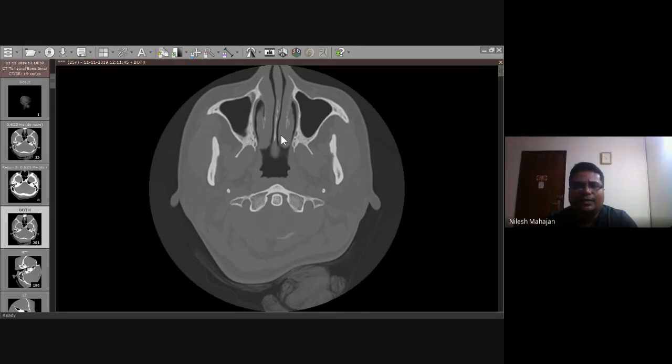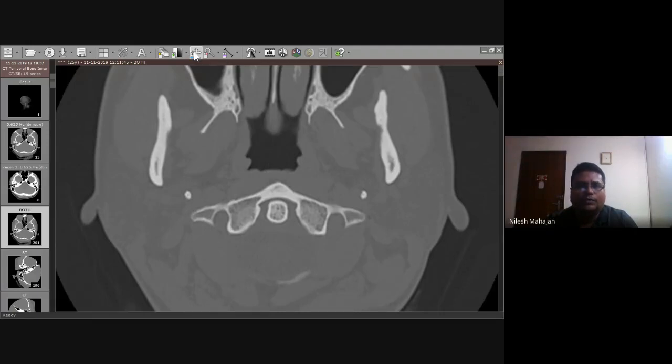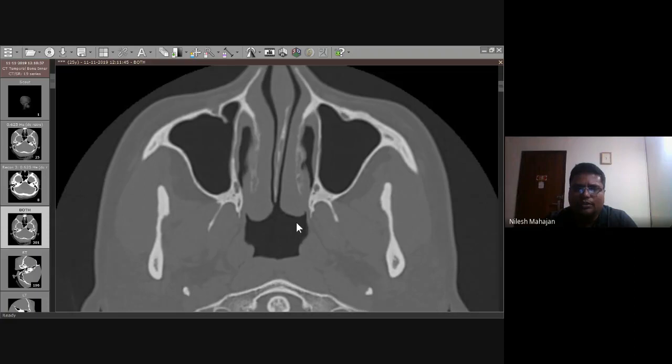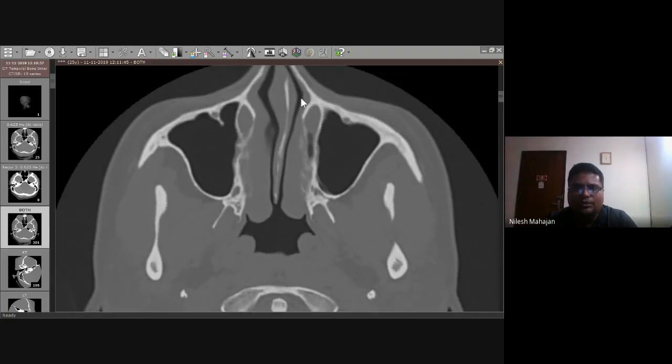This is the inferior turbinate, bilaterally. I'll zoom in now and bring it down. So this is the inferior turbinate. What we saw: if you go along the inferior turbinate posterolaterally, you should be able to see the eustachian tube orifice. We have come to the choana. Posterolaterally, you are able to see the eustachian tube orifice. This is the eustachian tube orifice, medial end. The lateral end will be inside the middle ear, where it will be the bony end. It will be a bony canal.